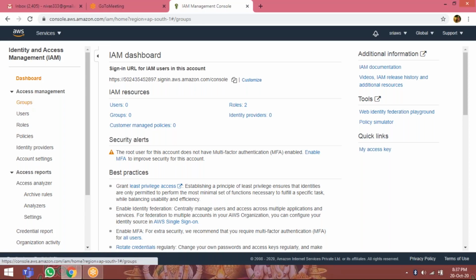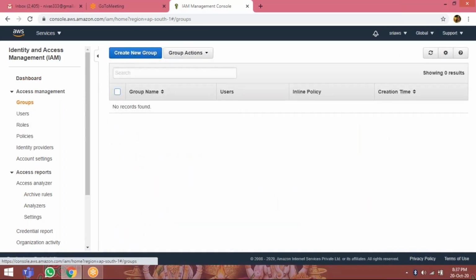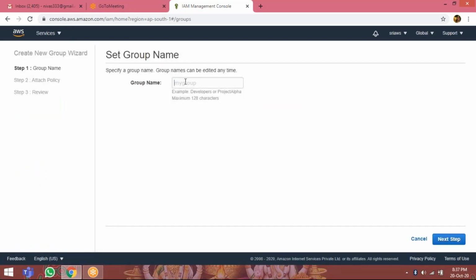Click on groups. So create new group. For the group name you can give any name. I am giving the name EC2 admin.